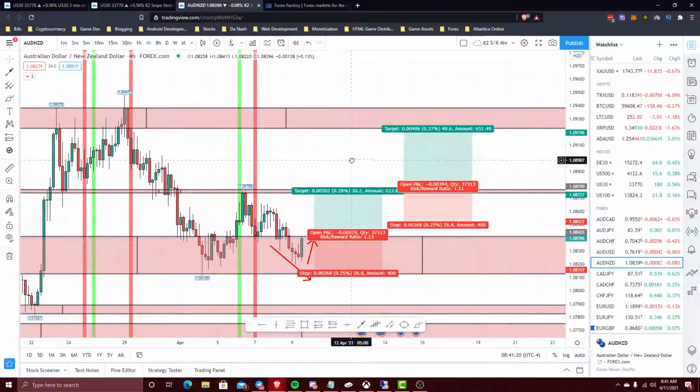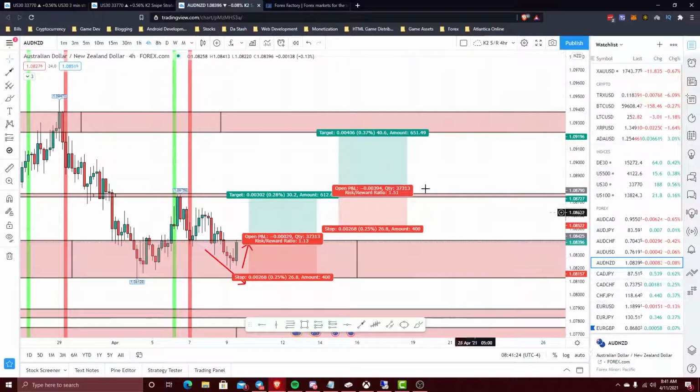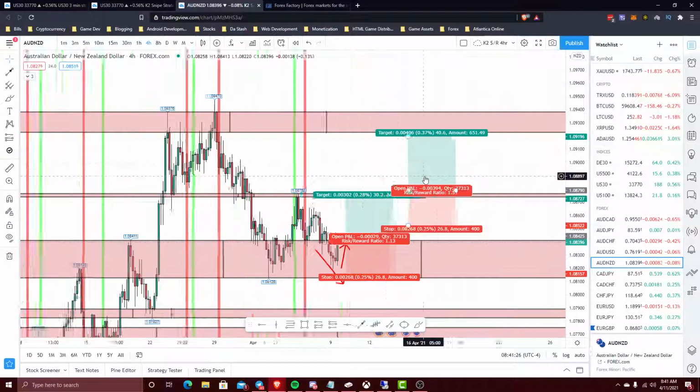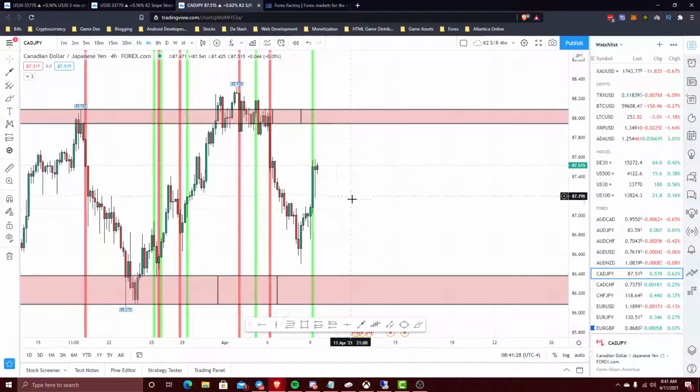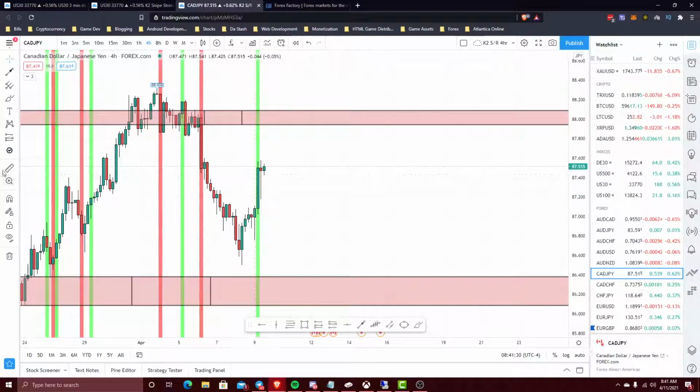Nobody can predict the market. No retail trader like us, we can't predict the market. So we just have to wait and let it play out. All right, Cad Jpy. We have this bullish bias, so price is going to continue to go up for the